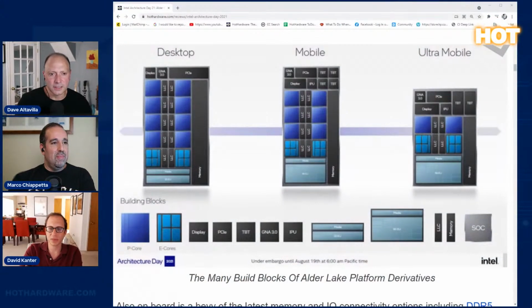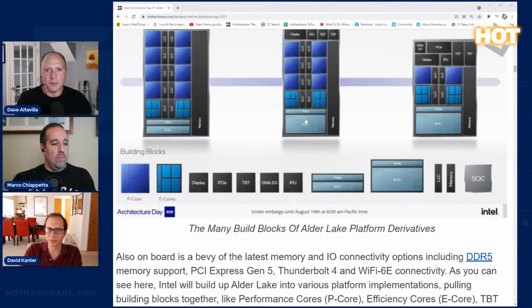So at the high level, I want to believe Intel's executing here, and this is going to be a strong part. They said many of the right things, but I think we have to wait and see. I would agree. It's always a wait and see, right? It all sounds good. The IPC uplift and performance and efficient cores that they claimed certainly all sounds good. Let me see if I can. The screen share thing is always tough. I'm going to try and do this again. Hey, there it is. But the proof is in the pudding for when we actually get our hands on to test these things.